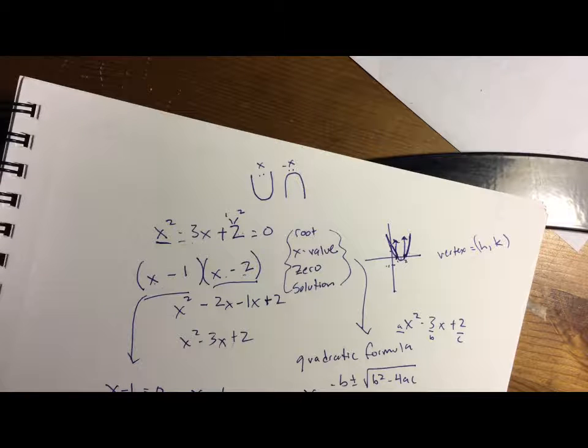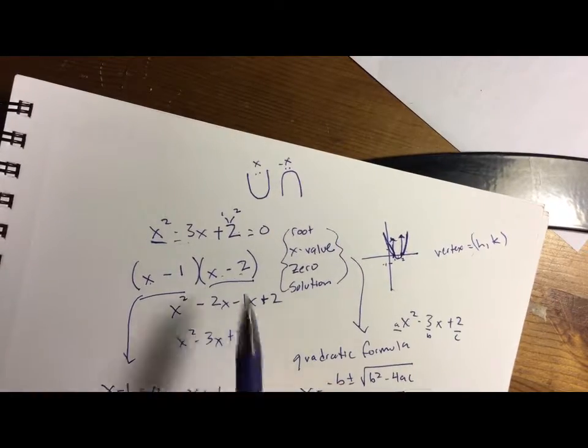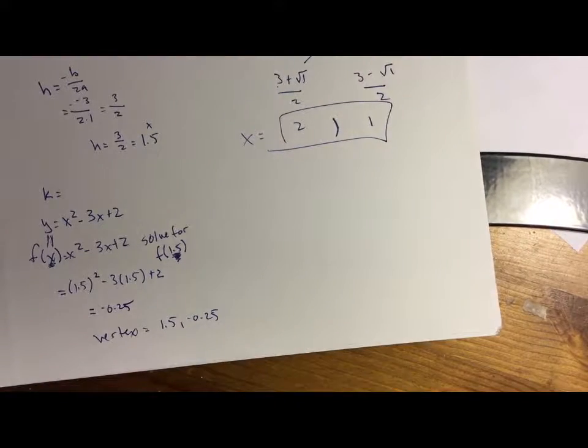Yep, so what did we do? We just figured out how to find the zeros, or x values. We figured out how to find the vertex. We figured out how to find out if it's positive or negative, and we kind of reviewed factoring. Let me give you another one to practice for factoring. Let's look at